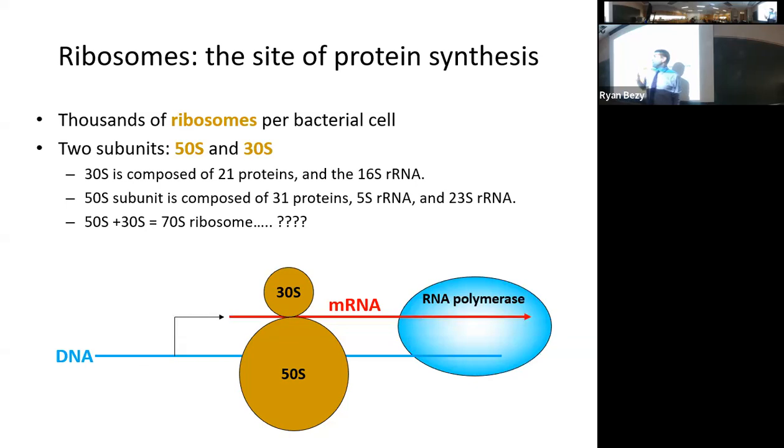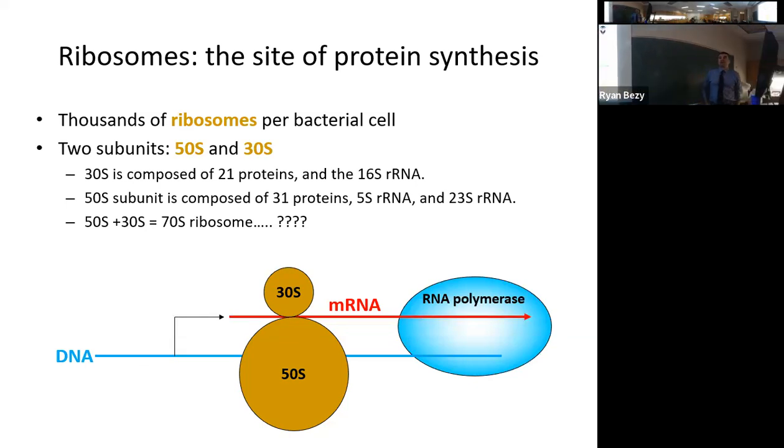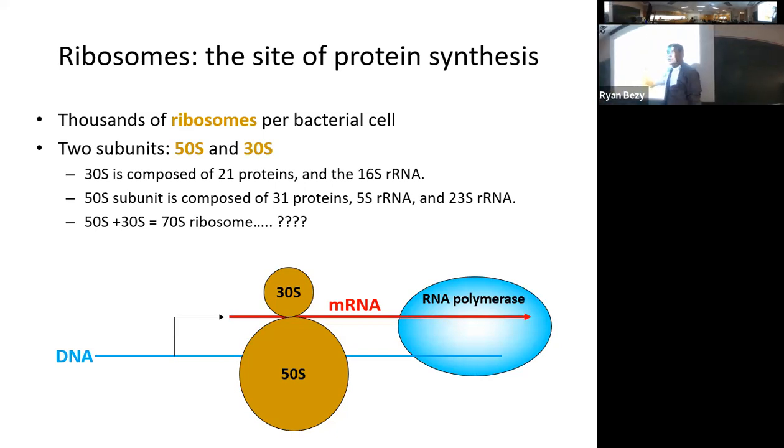This is not a math equation. The S just stands for sucrose gradient. It's a measure of the mass of these things, but masses are measured on a logarithmic scale as opposed to a linear scale. So even though this is a 50S sucrose gradient mass and this is a 30S sucrose gradient mass, when they come together, they only equal a 70S because it's a logarithmic scale by which you measure the mass in what are called sucrose gradients.